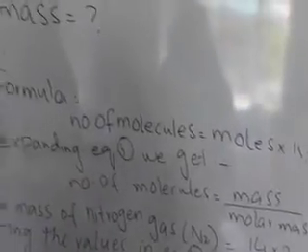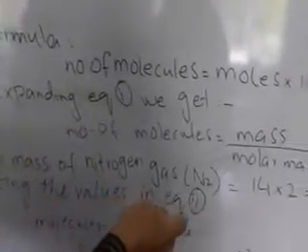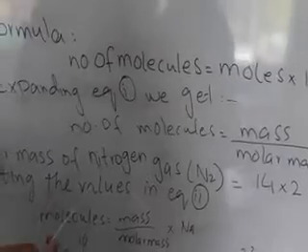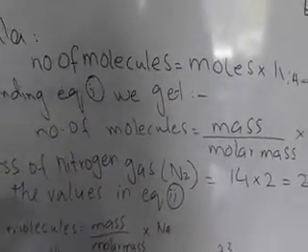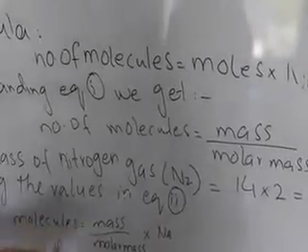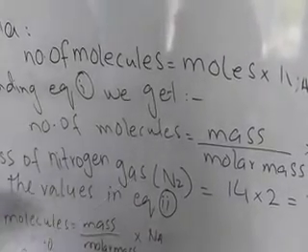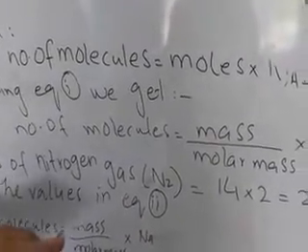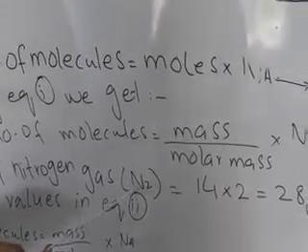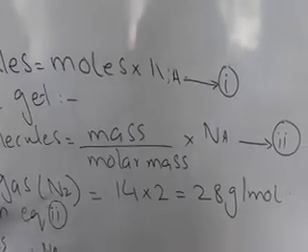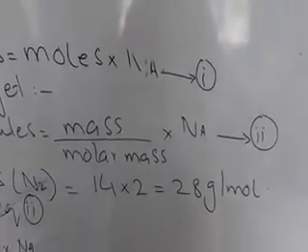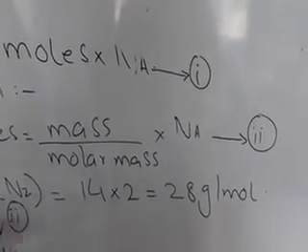For it, we have to calculate the molar mass of nitrogen gas first. One thing which we have to keep in our mind here is that nitrogen is in a gaseous state here. In the gaseous state, it is in molecular form, and it is in the form of N2. So we are going to calculate the molar mass of nitrogen gas, that is 2 atoms of nitrogen. So it is 28 grams per mole.